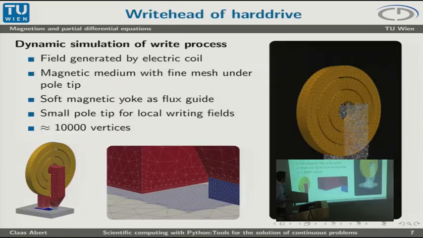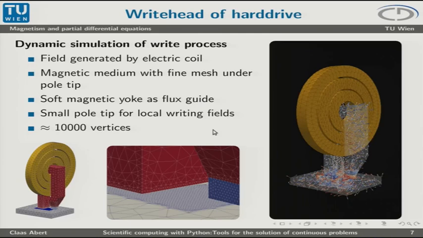Okay, this is a real-world example which we are able to simulate with our software. It's a write head of a magnetic hard drive, and it consists basically of three parts. The first one is an electric coil, so a current flows through this coil and creates an electric field. Then the second part is this one. This is the magnetic material where we want to write our bytes. And then there is this yoke, and this soft magnetic yoke